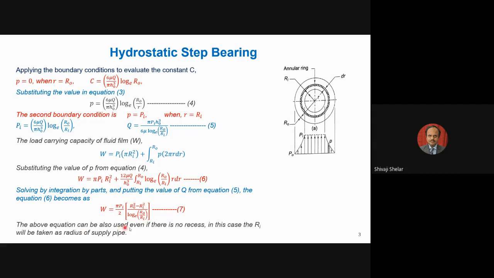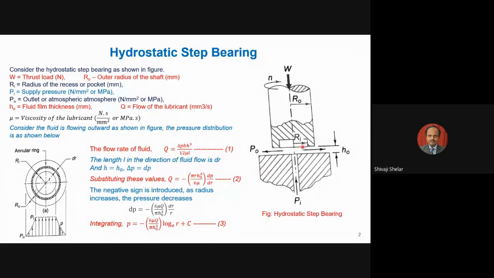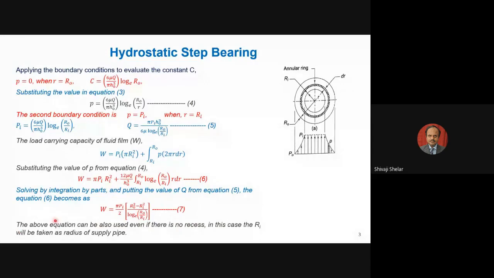So the above equations can be used even if there are no recesses. Suppose there is no recess here. If I go to the previous diagram, you can understand that. Suppose there is no recess or no pocket here. Your shaft is having material here, so the entire shaft is not having any pocket. Then how to use your relation? In that case, the liquid comes through a small hole here, so you can consider the radius of this hole as the radius there. And then you can do this analysis.